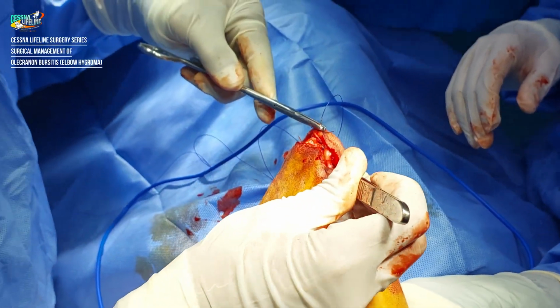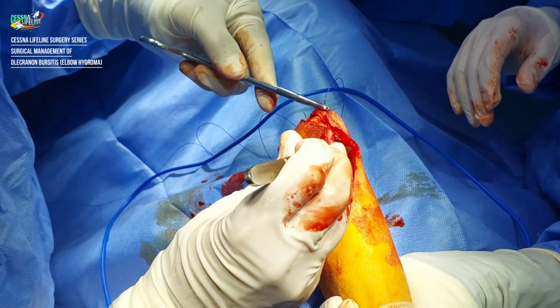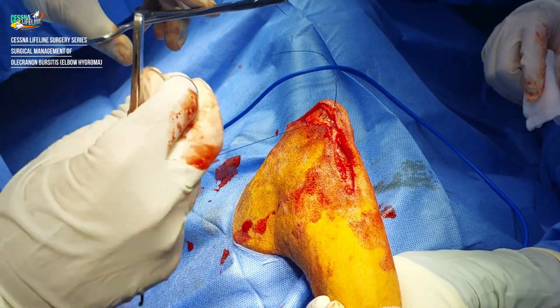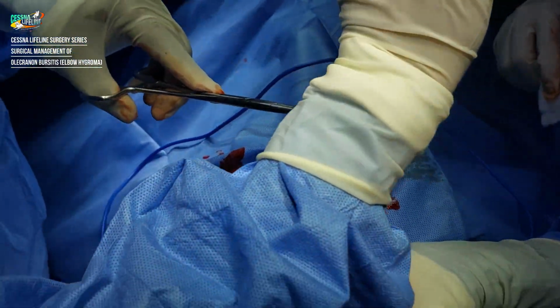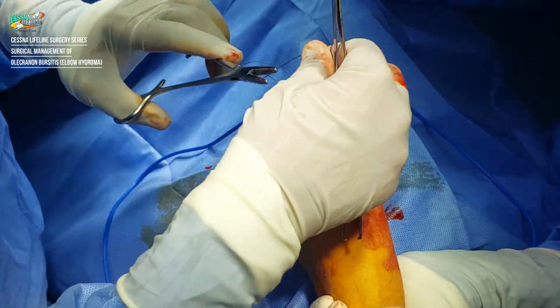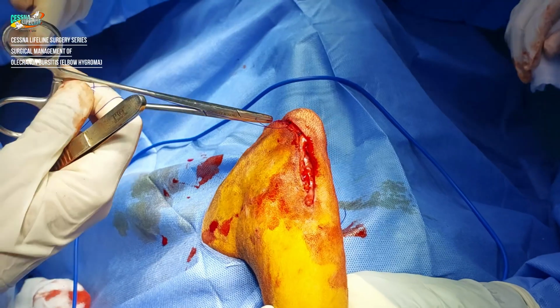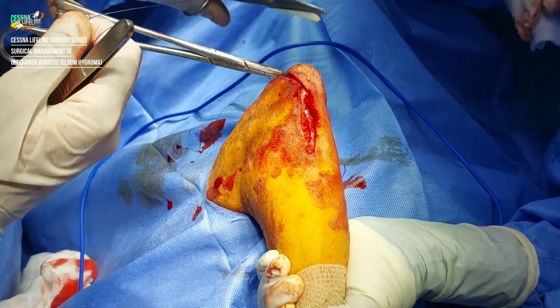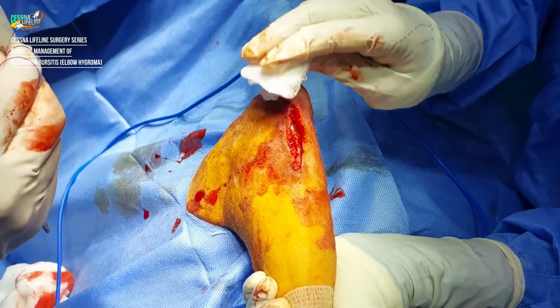You can see this thick layer of fibrous tissue, you always need to protect it when you are doing the dissection, because this can help to avoid recurrence in these cases. And I always first try these cases with medical management before I advise surgery to the client, because